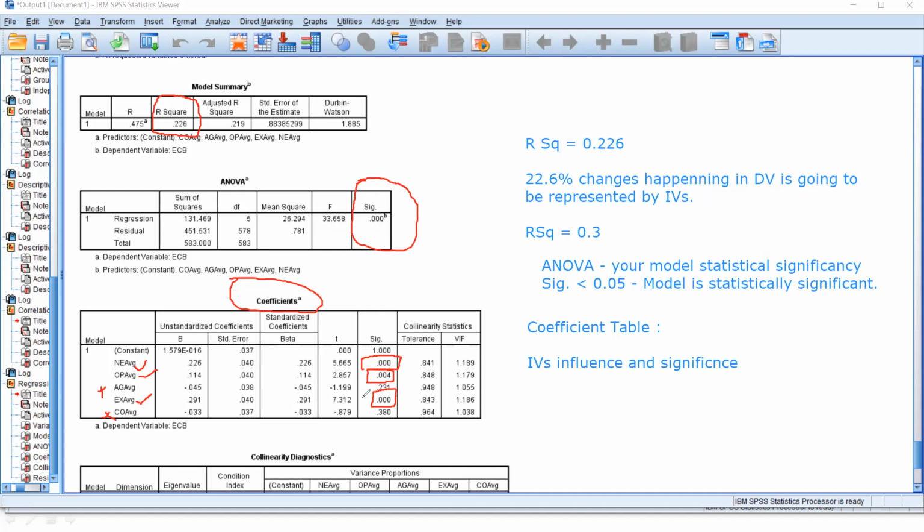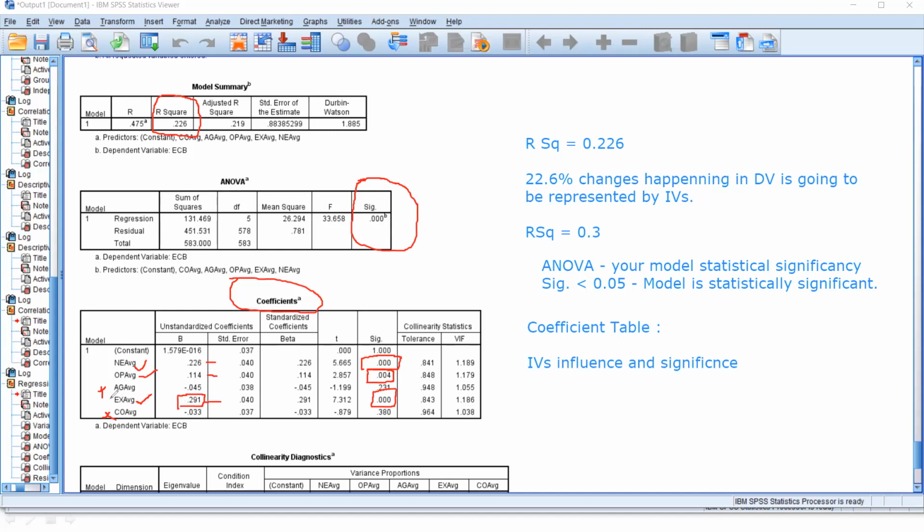Right? So among the statistically significant factors, which factor gives the highest influence? We now have three statistically significant ones. The highest influence is given by this 0.9291, that means EX, the extraversion personality trait.